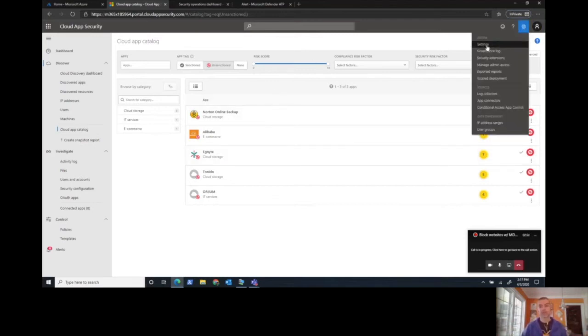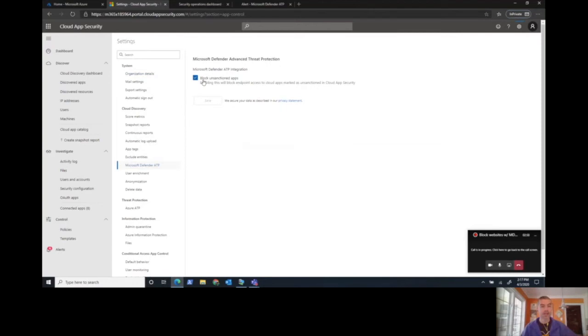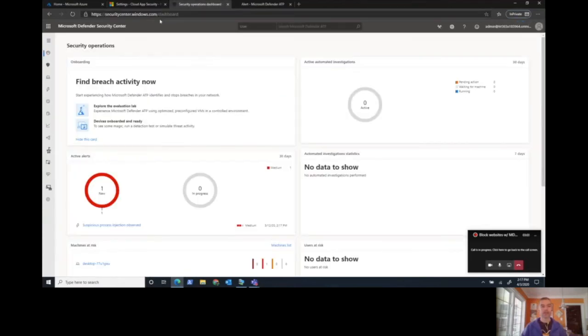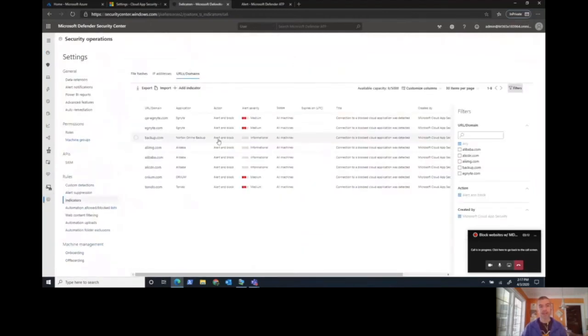So what I did then was I went into my settings and I chose that my integration with Defender ATP would be such that if I click an app is unsanctioned, it should block it. That then triggers an integration over here to Defender ATP. If I come in and look at my indicators, what happens is that those URLs get added as custom indicators of compromise. You can see I can do up to 5,000 lines here, and simply by choosing Alibaba, it created separate instances for each of the known URLs that are associated with that website. Now, in this case, they're all set to trigger a medium severity alert. We can change that. We can run it back down to informational if we want to,